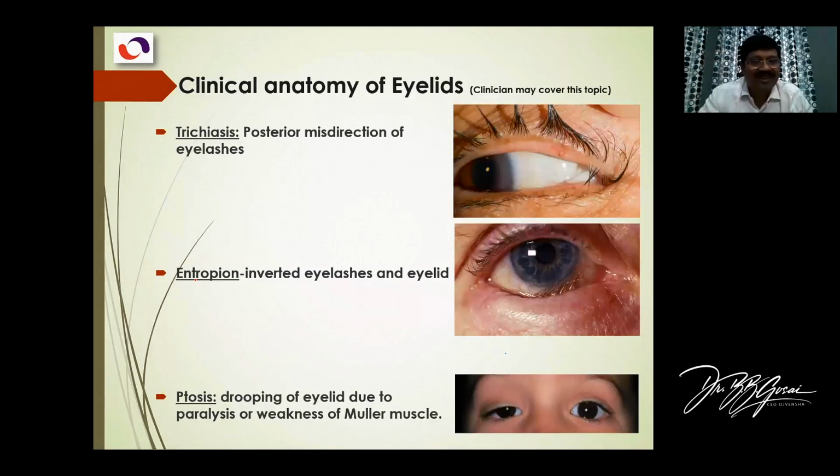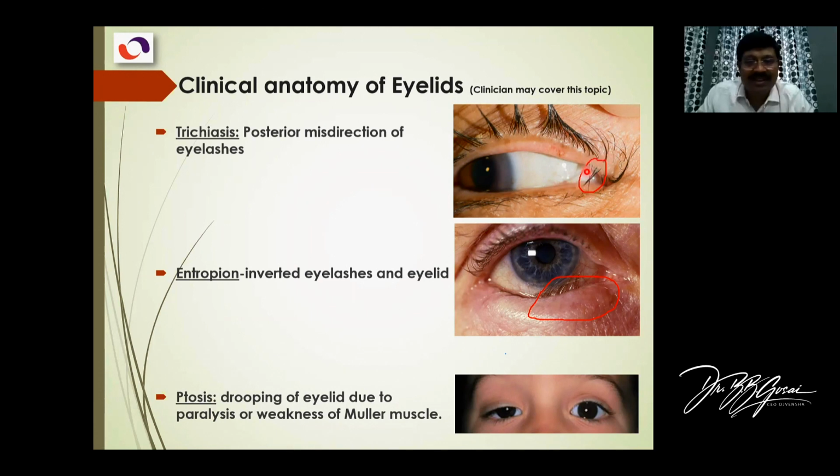As you can see, trichiasis is the condition of misdirected eyelashes, like this. They should go outward, but they go inwards and cause irritation. Entropion is the condition of inverted eyelids, where eyelid and eyelashes both turn in. Once the eyelid goes inwards, the eyelashes also move inwards and touch the cornea and the sclera and cause irritation. So the lashes are plucked. The eyelashes causing trouble should be removed.